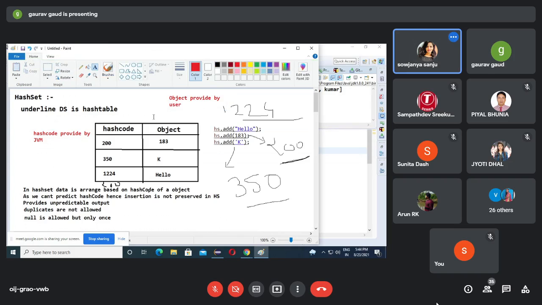You will give the object. Then according to that, who did inheritance? JVM. Who did object? JVM. According to that theory, every answer is JVM only.